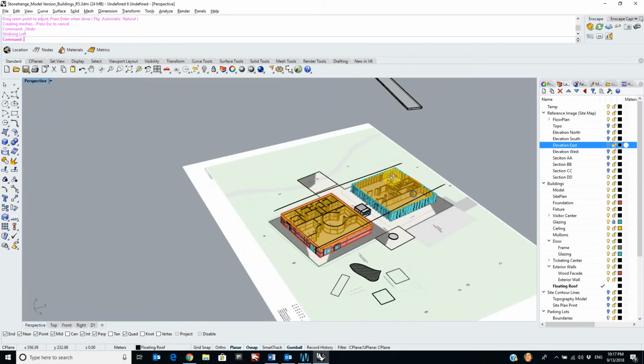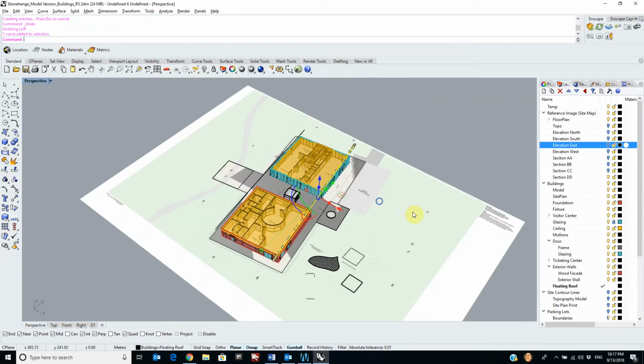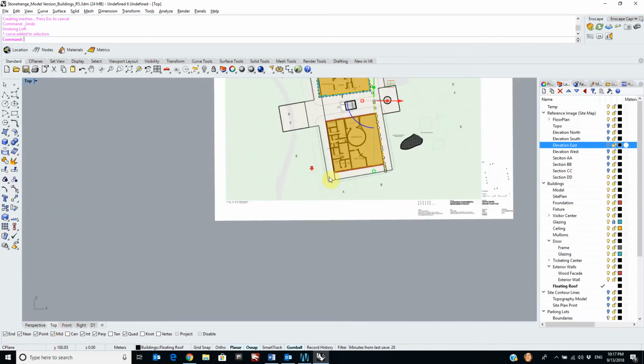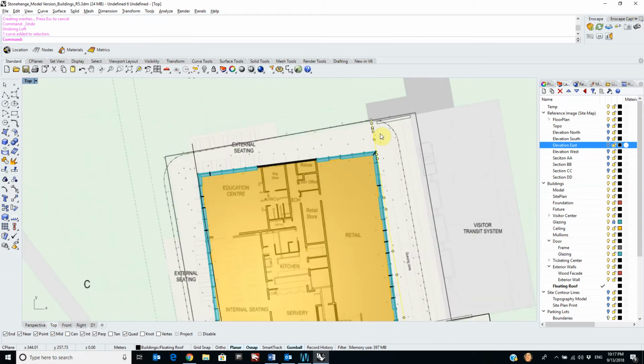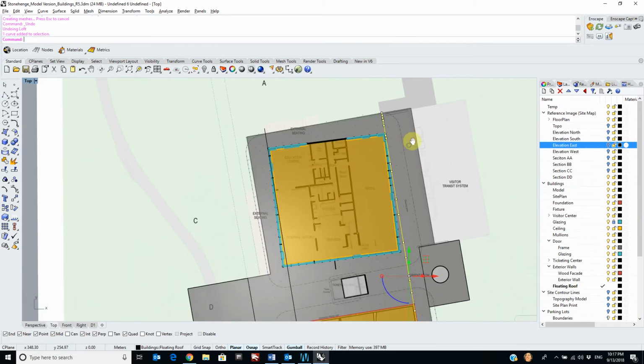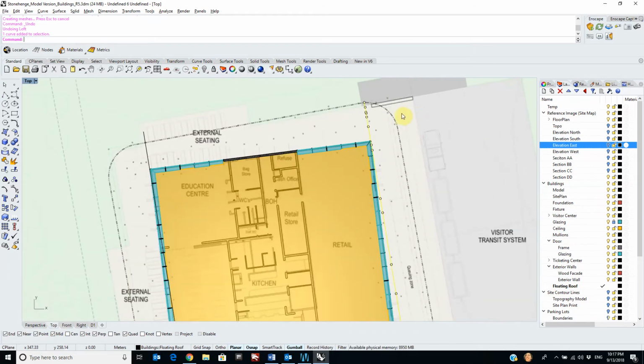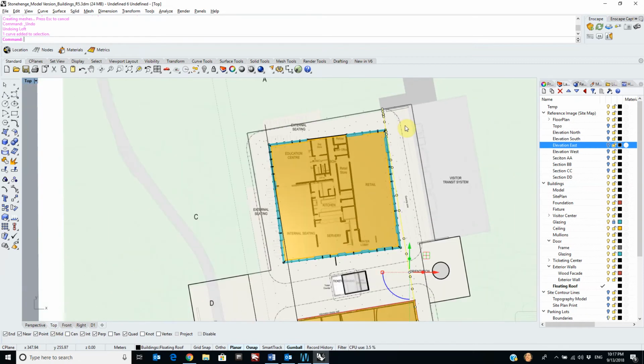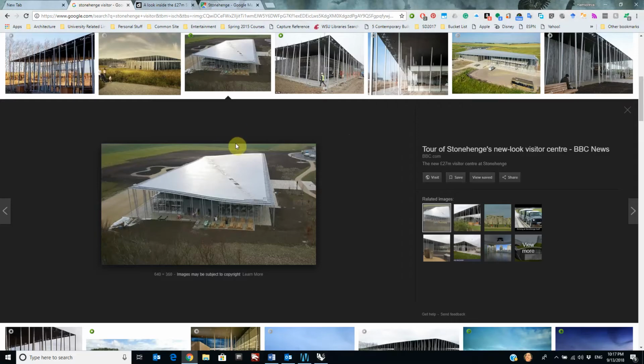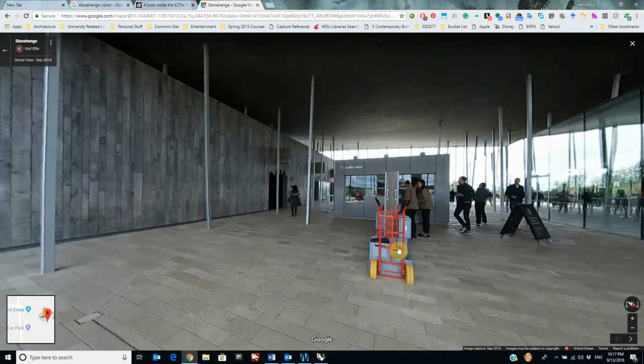Let's move them into their correct location. Let's go to top view. The roof needs to come to this part. I guess we can go back to